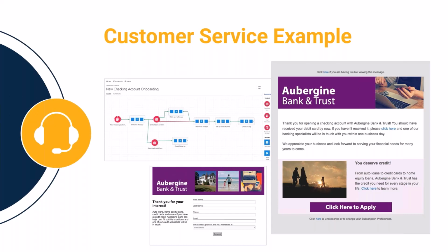So you go to click here to apply, and maybe it takes you to this form at the bottom of the screen here, and then when you complete that form, this is for someone who's new and interested in becoming a checking or savings account customer with this bank. So once that form is completed, maybe depending on if they say they want to be a checking customer, or a savings account customer or a money market, or maybe they want to talk about a 401k or whatever it is, depending on what they put as an interest, maybe it was about a loan, you can take them down path A, B, C, or D based on what they complete in that form,